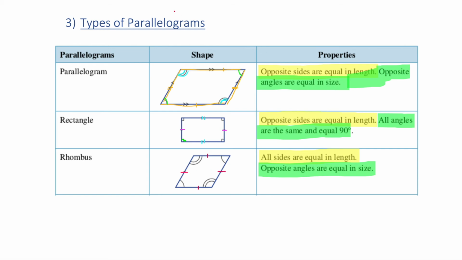But if we focus on the angles, what I find is that the opposite angles measure the same. So this angle and the one across measure the same. And let's do it with blue here, this one. And this angle here and the opposite across measure the same. Wonderful. We have one more type of parallelogram,